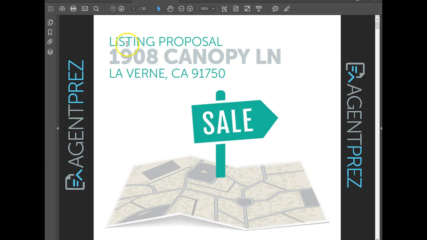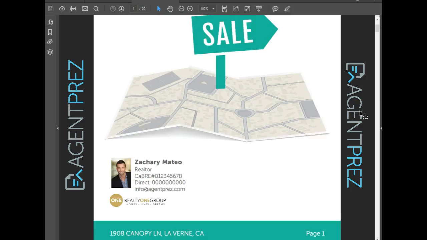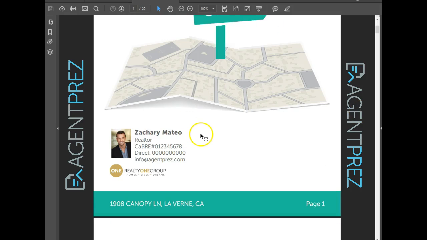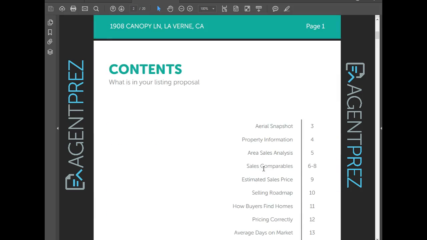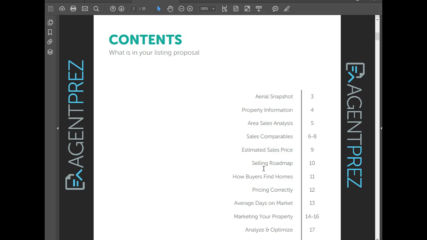So you start with your title, the address here. We have our for sale sign. As we begin to scroll down, your information will appear here along with your logo. If you have a partner, their information will appear here on the right. As we scroll through the different elements of the report, we're going to see now into our